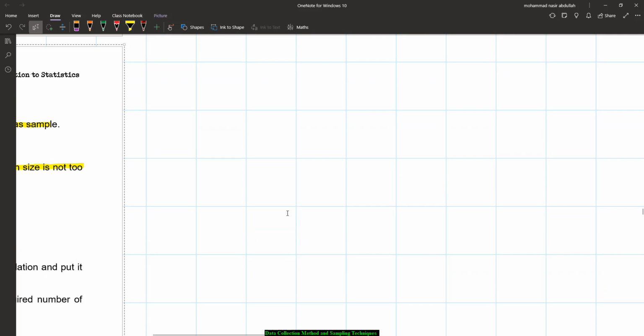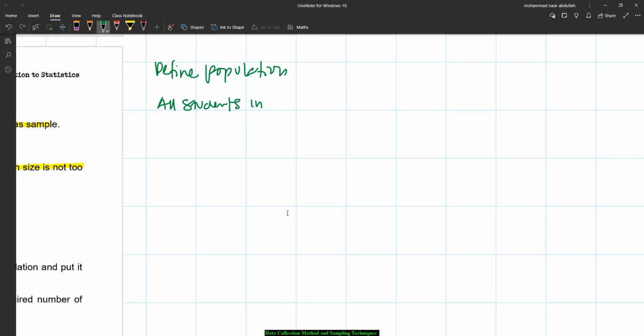Let's say, remember the process of the sampling method. The process starts with defining the population. So let's say our population is all students in UiTM campus Tapah. All members in the population, the total population, is going to be 5,000. This is step number 1. Step number 2,